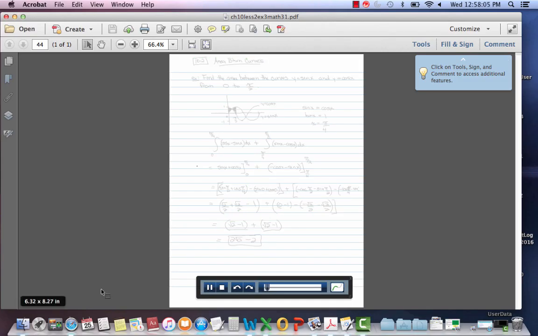Comes to section 10.2, area between two curves. This time we're asked to find the area between two curves, y equals sine x, y equals cos x. We do need to have some ability to draw those two, I think, to do this question properly. So a sine graph looks like that, and a cosine graph, to do it somewhat accurately, is going to look